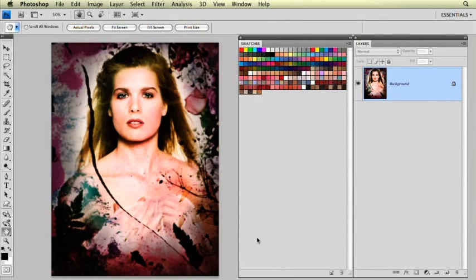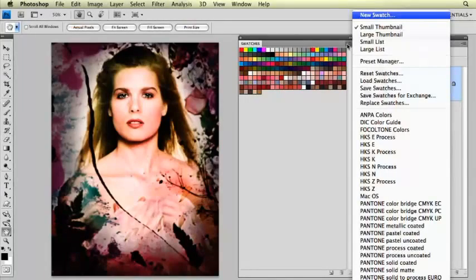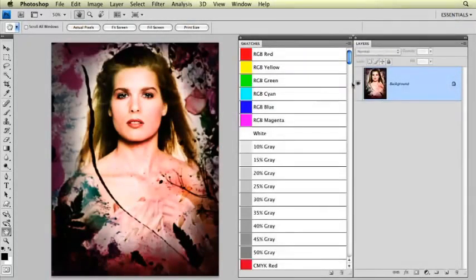I didn't use color swatches really ever until a few years ago, and I found a use for them that just really helped me so much. Let me go up here to my swatches palette, and we'll talk a little bit about it. First of all, when you open your swatches palette in Photoshop, usually the default is these really small little thumbnails. What I want you to do is go to the little flyout menu over here on the side and select large list,